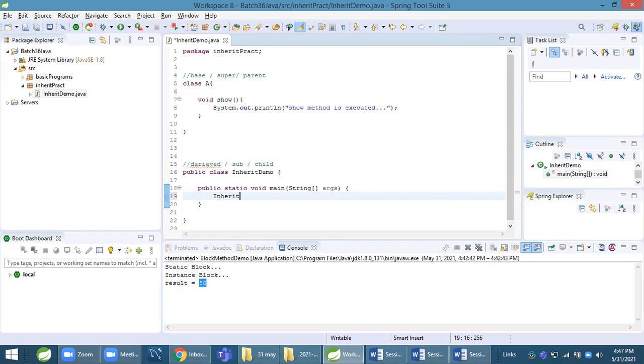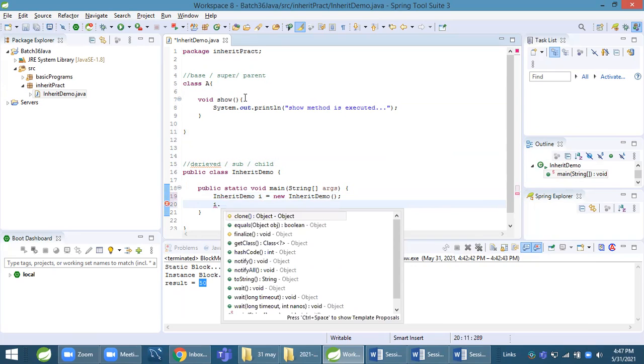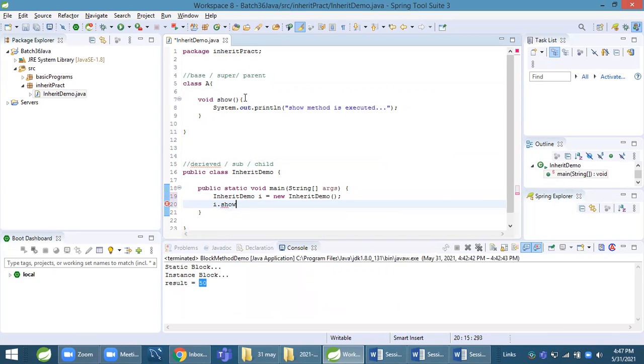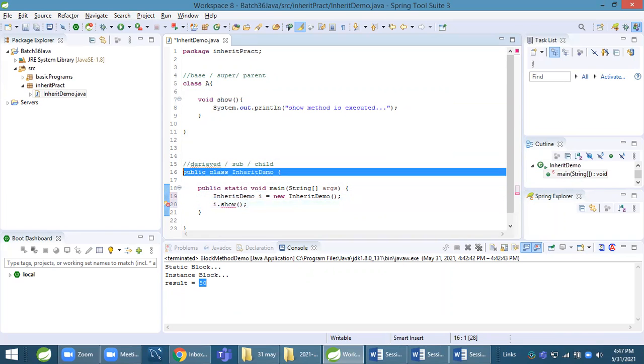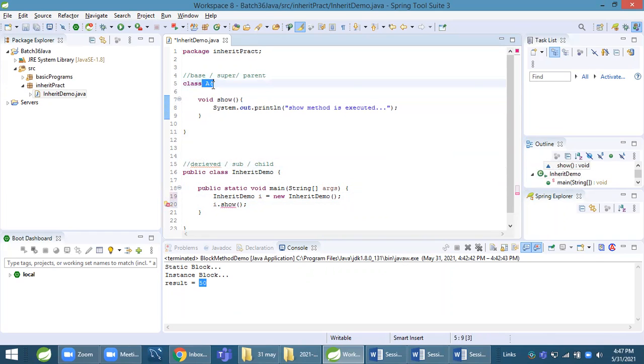If I write it like this, inherit demo, dot show, it will not allow because this class does not have the show method. Now, how will members of this class be available for the object of the subclass or child class, that is inherit demo?